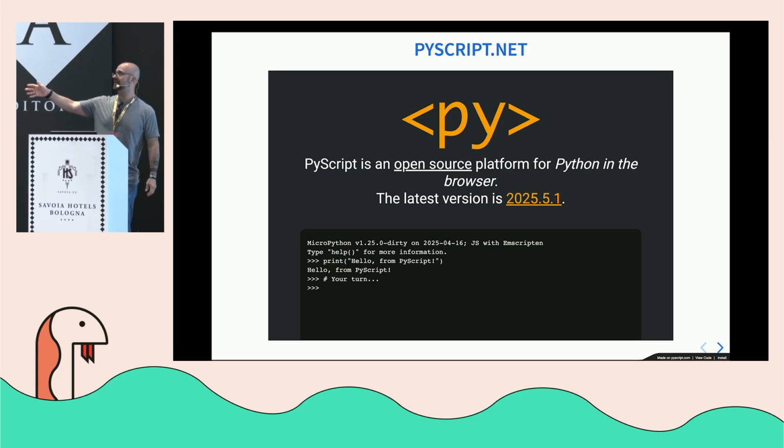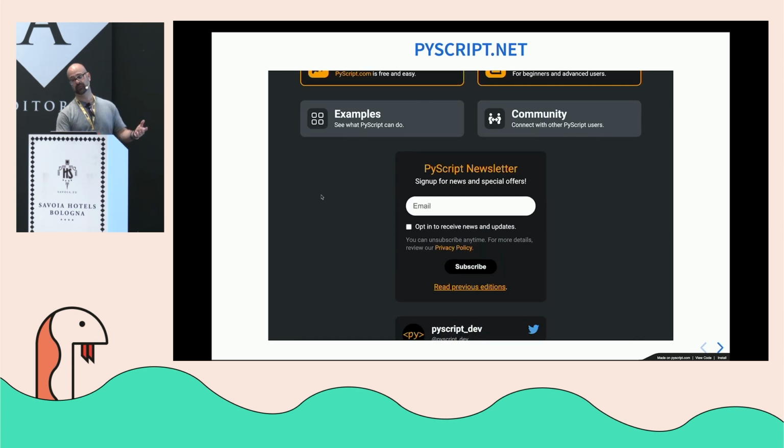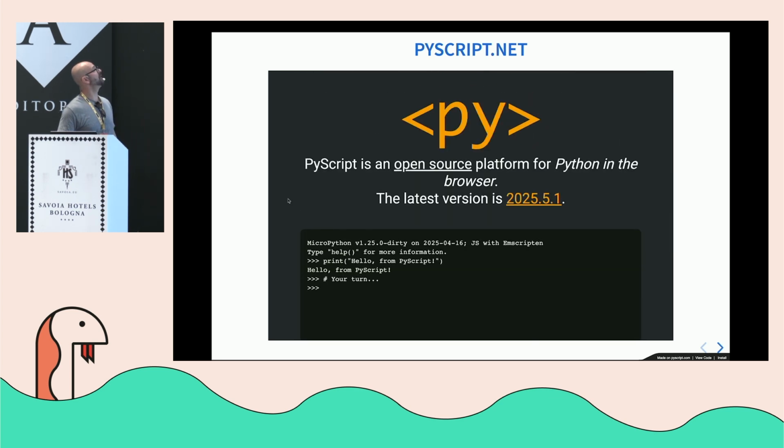So where do you start? This is the landing page for PyScript open source. This is the project. One of the cool things about actually running Python in the browser is that you can actually play with iframes. So, you know, something like this, you can have an interactive,